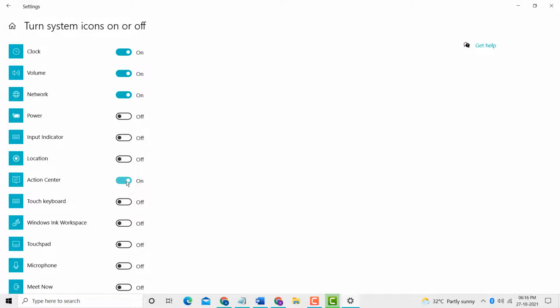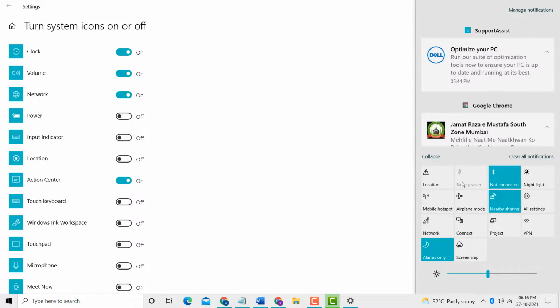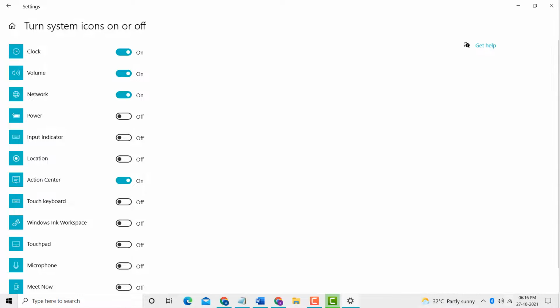That's it. So like this guys, you can show and you can fix missing action center icon in this corner